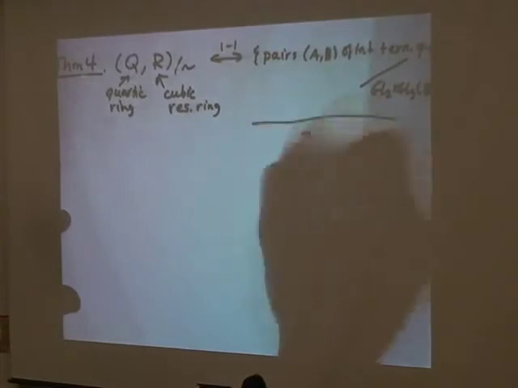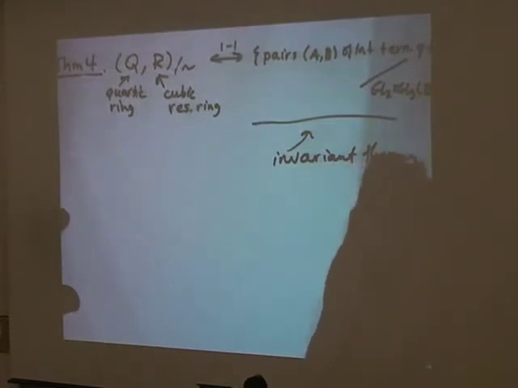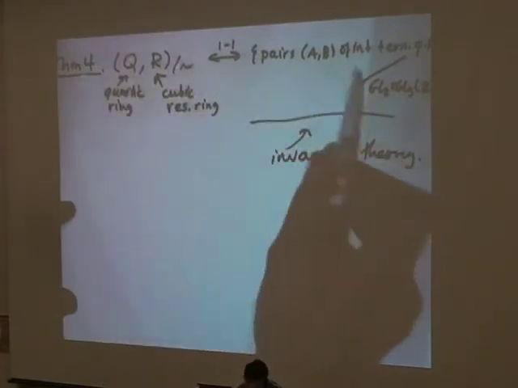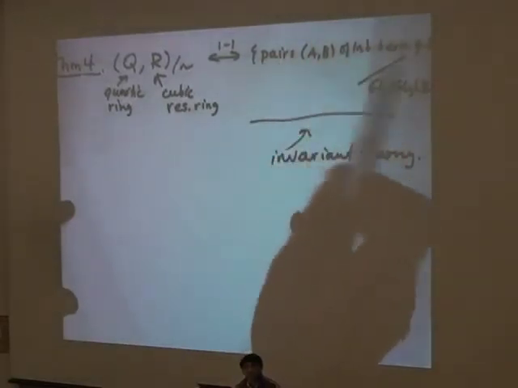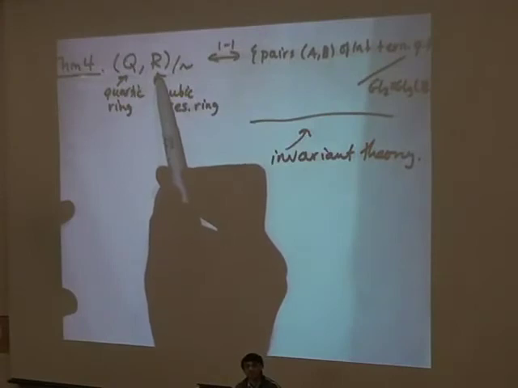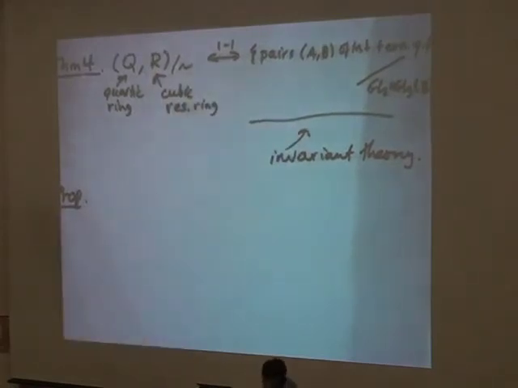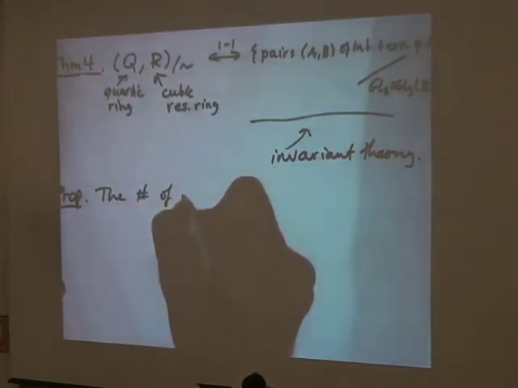So we can actually do invariant theory on this side. So for example, you fix your quartic ring, you fix all the multiplication coefficients on Q, and then you look at the possible pairs that can arise on this side. And the number of pairs that arise on this side is the number of cubic resolvent rings. So that's just some invariant theory work that one can do. And what one finds is that, well, you can actually determine exactly the number of cubic resolvent rings of a given quartic ring. So I'll just tell you. So the number of cubic resolvents,